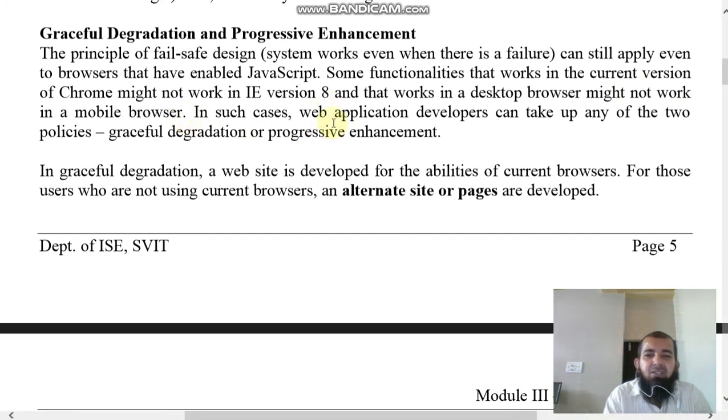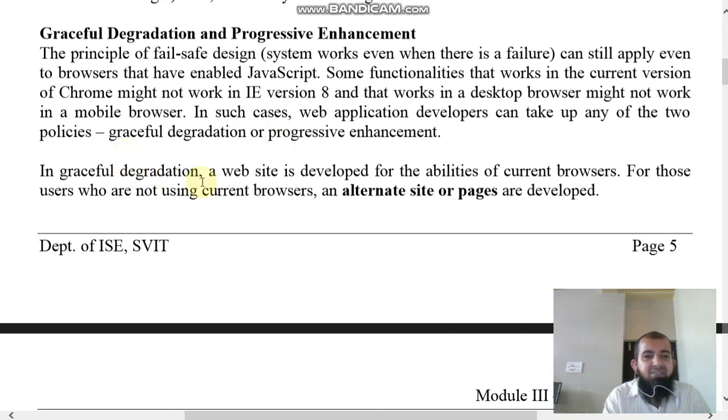In such cases, web application developers can take up either of two policies: graceful degradation or progressive enhancement.